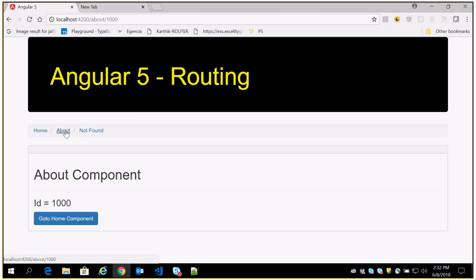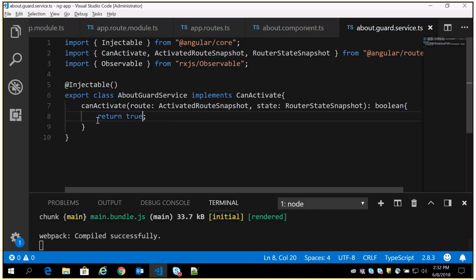Now I'm going to implement that logic there. The logic is if the path parameter is greater than 0 and if it is not a string. I think we have discussed how to do this string concept, so I'm just going to do the same thing here as well. To go back here, I'm just going to get the route details.